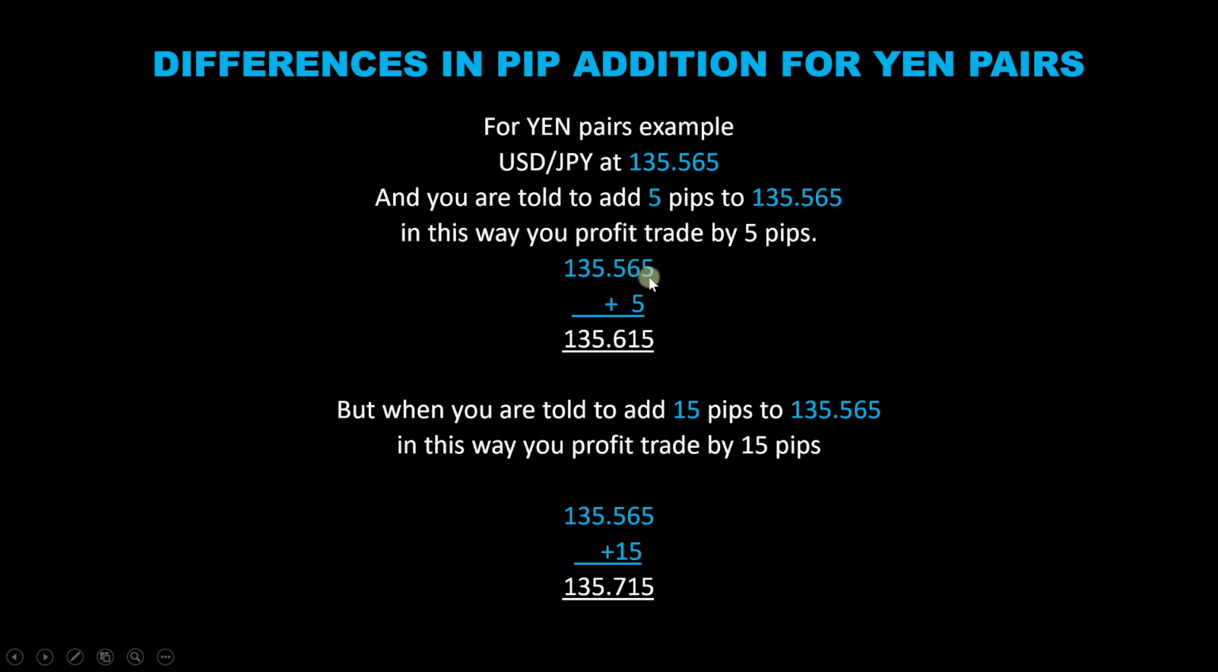So we assume that the last one is a pipet and the 2 are pips. If you do your calculation there, you'll get that it's 135.615. So when you're told to add 15 pips, now you'll add it here, right? Because this one is a pipet and the 2 here are the pips. If you do your maths correctly here, you'll find that is